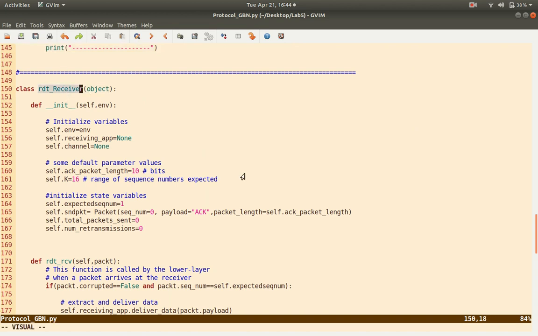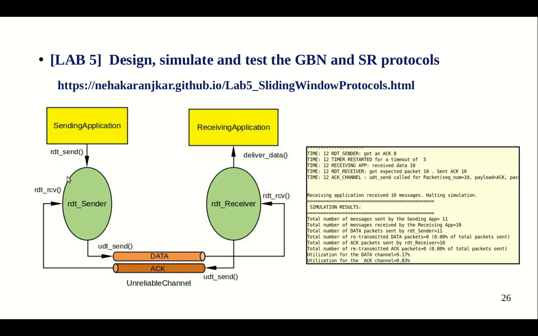Okay, before going through the code, let us see what are the functions that they should support. RDT sender gets activated when the sending application requests its service using RDT send, so it has to have an RDT send function, and when an acknowledgement comes back, that gets delivered using the RDT receive function.